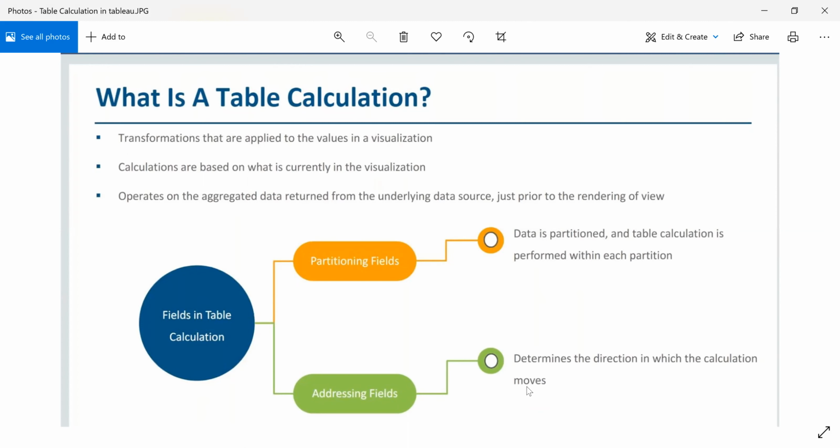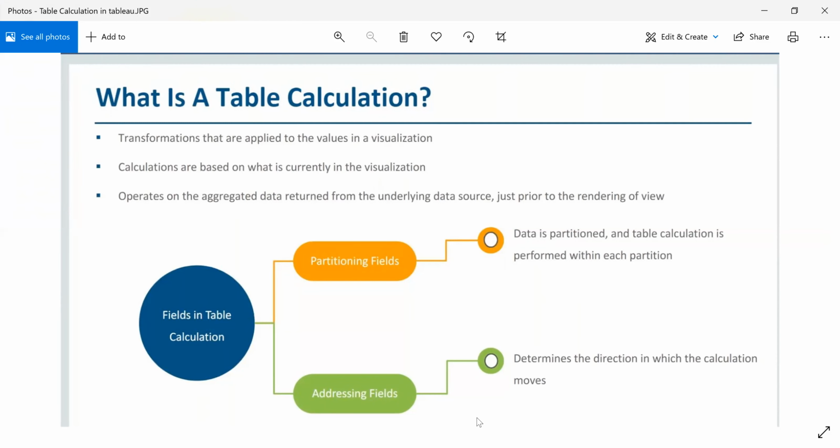The table calculation happens on the partitioned data. Whenever we do a table calculation, there are partitioning fields and addressing fields, and wherever we move the direction, the calculation moves also in that direction.